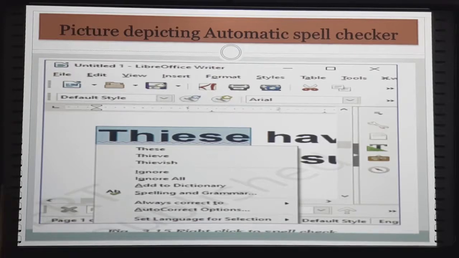Once the word is recognized as per the sentence, we can choose it from the context menu, and simply double clicking will insert the correction in place of the error. So this is automatic spell check. Let me show you the same.